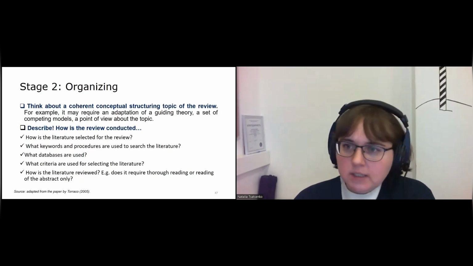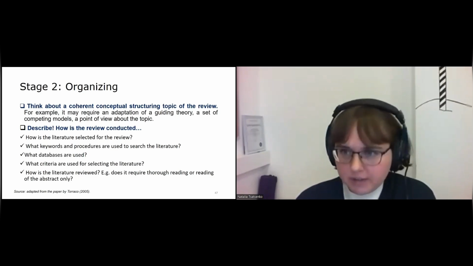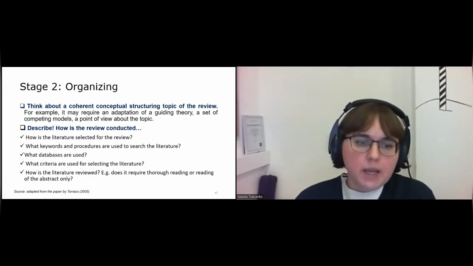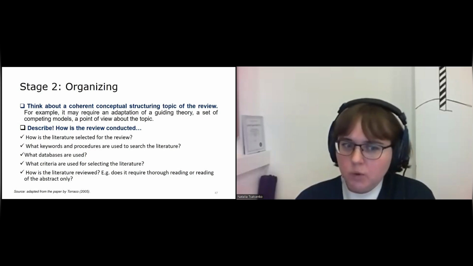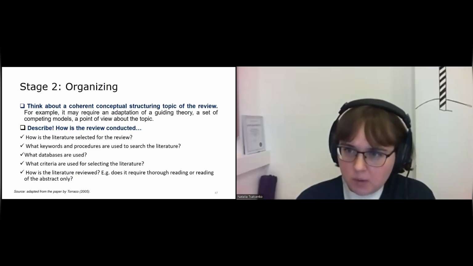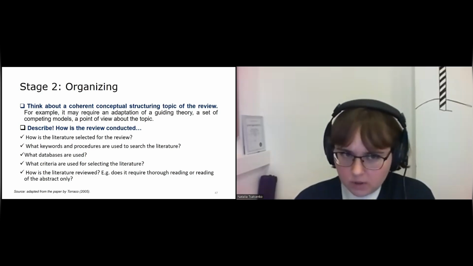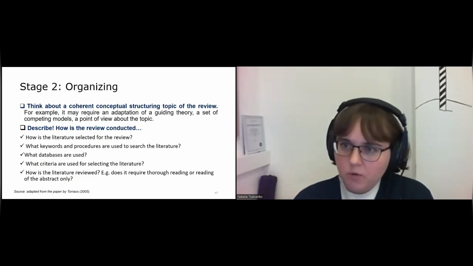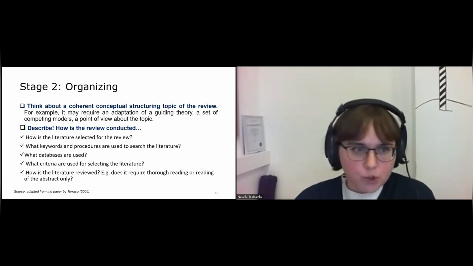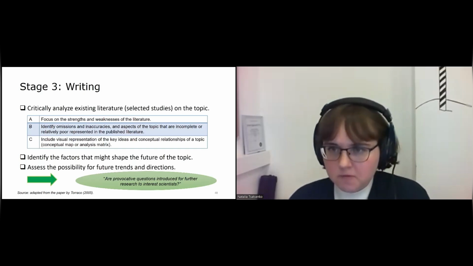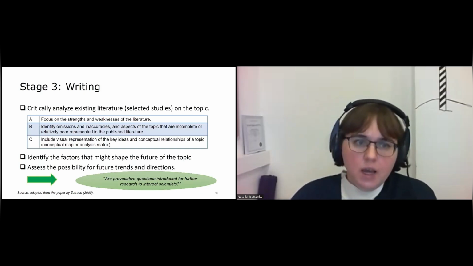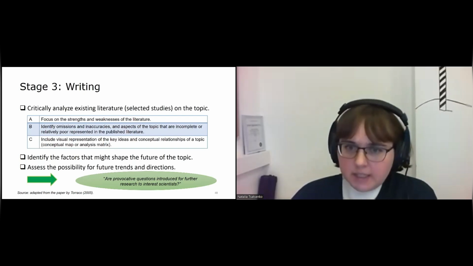Because it's a critical review, and we remember there is some connection with systematic review, we have to think about criteria and be precise with that. And the last point, during the searching, of course, it depends on your sample. You can make a short screening, look at the title and abstract and read the introduction. Or if you already have an obvious number of papers, probably you need to read the whole paper. So again, it depends on the approach. And the final stage of the integrative review is to critically analyze and evaluate the papers.